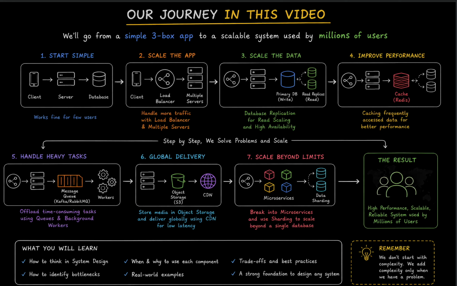Let's discuss the biggest mistake beginners make. The biggest mistake I see beginners make when learning system design is trying to memorize architecture. WhatsApp uses this, Netflix uses this, Uber uses Kafka, Instagram uses databases, and so on. You need to understand why. Why do we need cache? Why do we need queues? Why do we need replication? If you understand the problem, then you can derive the architecture, and that's much more powerful than memorizing the diagrams.